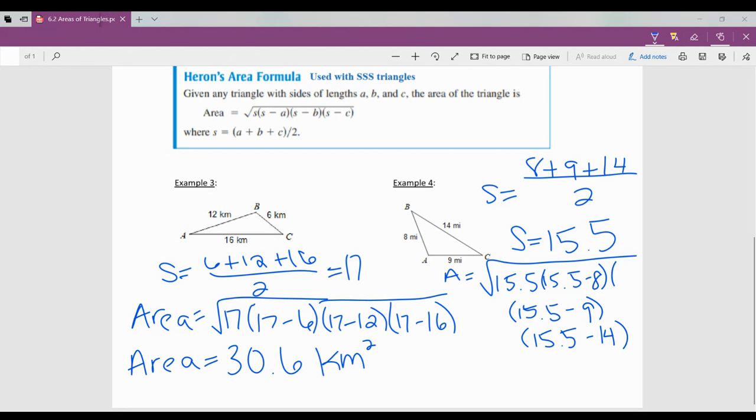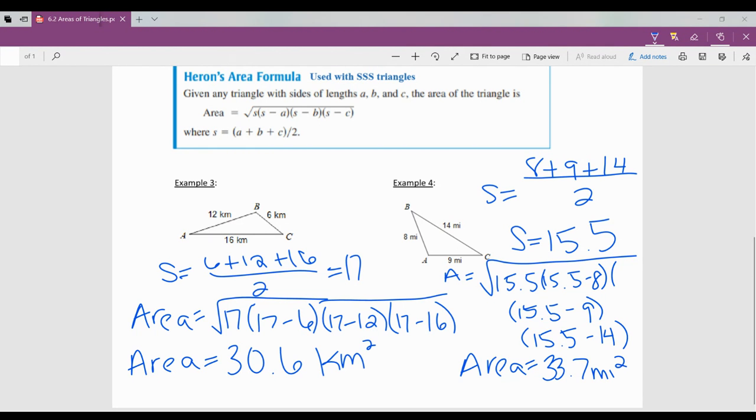That's all under the square root. So my area is going to equal the square root of 15.5 times 15.5 minus 8 times 15.5 minus 9 times 15.5 minus 14. So my area is going to equal 33.7, and that is in